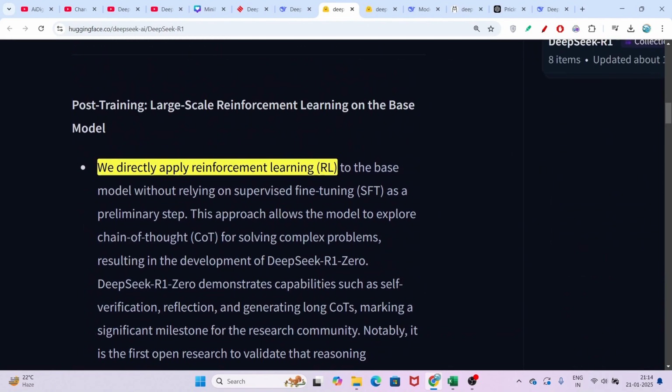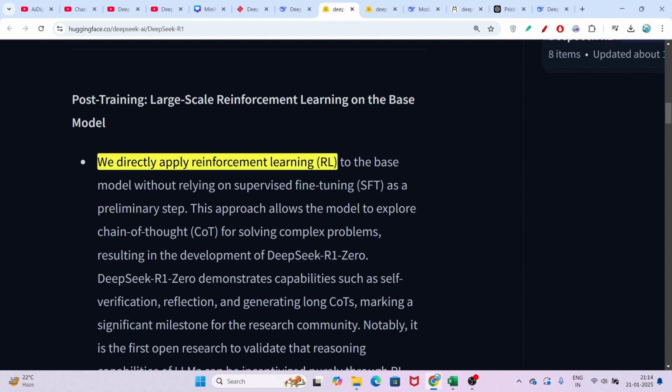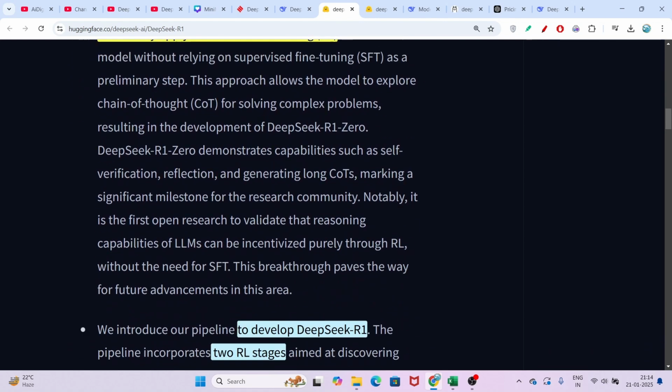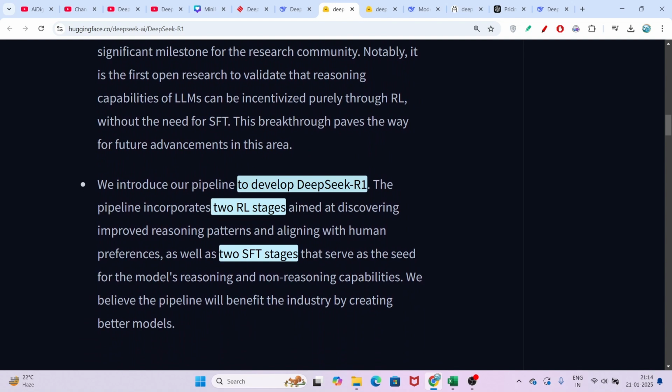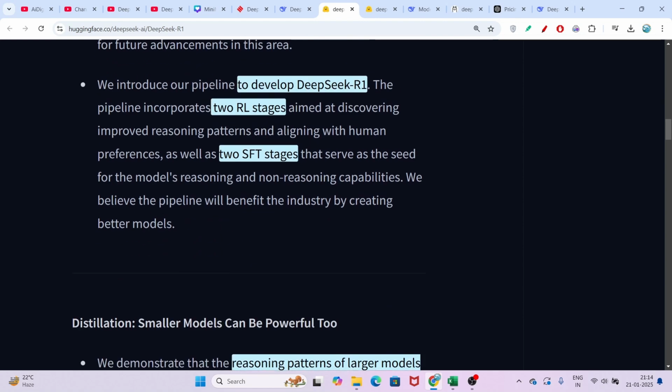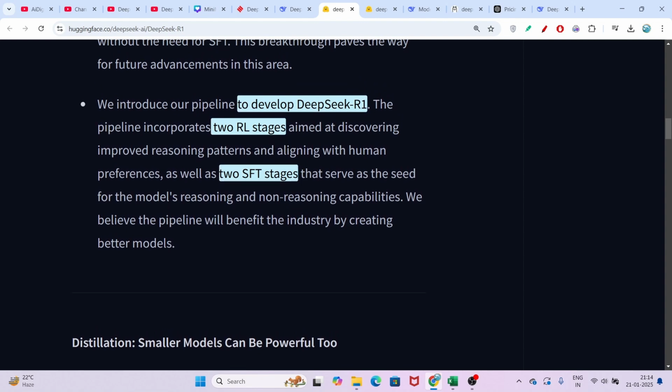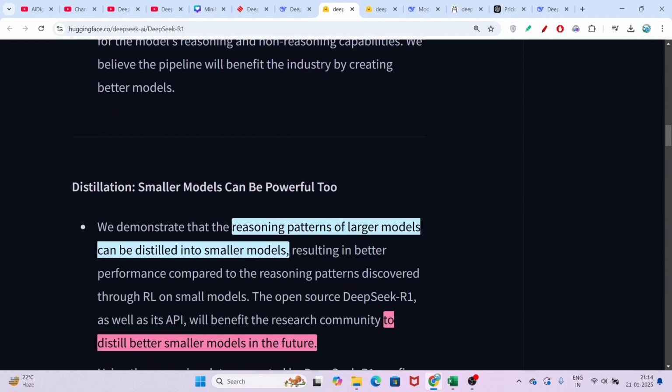Here you see that they have directly applied the reinforcement learning algorithm. We have already discussed in another video that OpenAI O1 is based on reinforcement learning, right? And they have applied this technique to make this Deepseek R1. And here you see that to develop Deepseek R1, they have applied two reinforcement learning stages and two fine-tuning stages. Okay, so if you want to read this whole documentation, I have given this link, but we are more interested